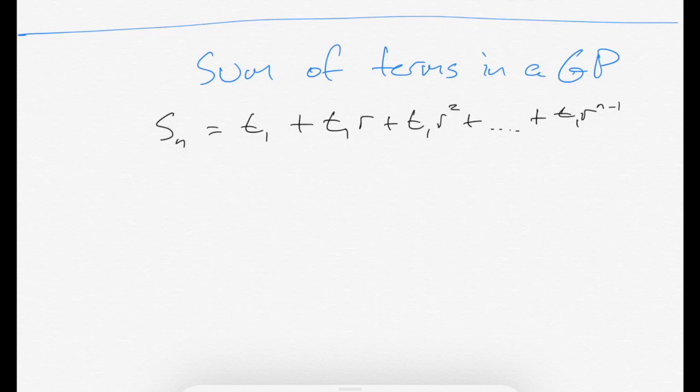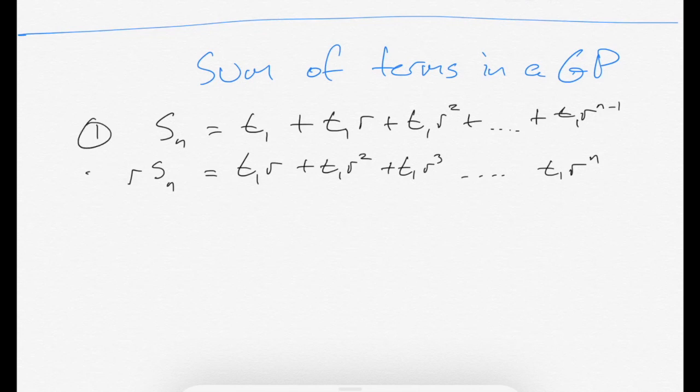Now, I'm going to multiply all those by r and get another equation that is also true: t1r plus t1r squared plus t1r cubed, all the way up to t1 times r to the power of n. Both of these equations are correct, so if I subtract one from the other, let's call this one equation 1 and this one equation 2, and do equation 1 minus equation 2, you'll notice that in equation 1 we've got this thing,